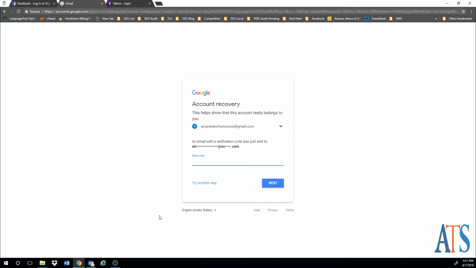Sometimes it's immediate, sometimes it takes a little bit, but just wait for it. Once it arrives, you'll get notified. And when you go into the secondary account to check your code, just keep in mind that it might not arrive